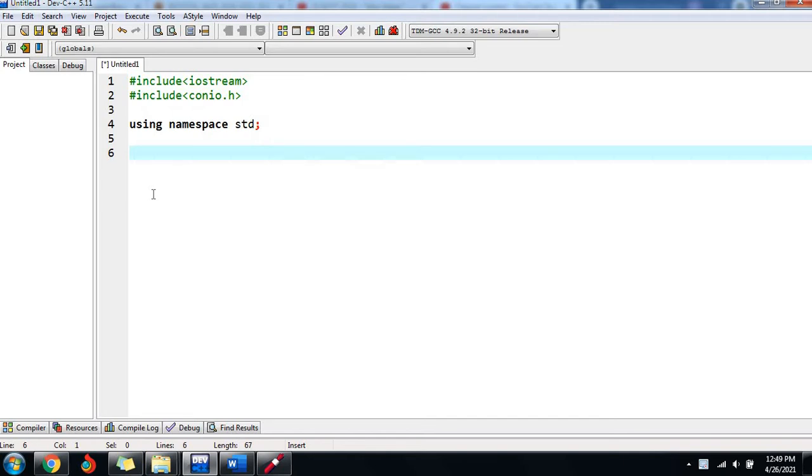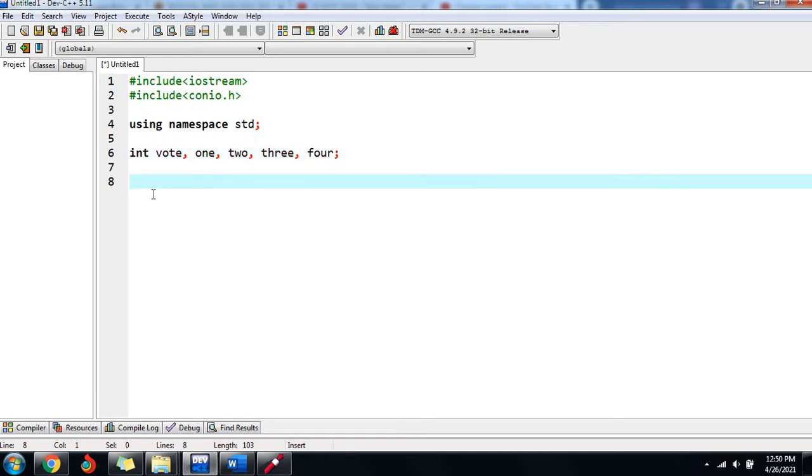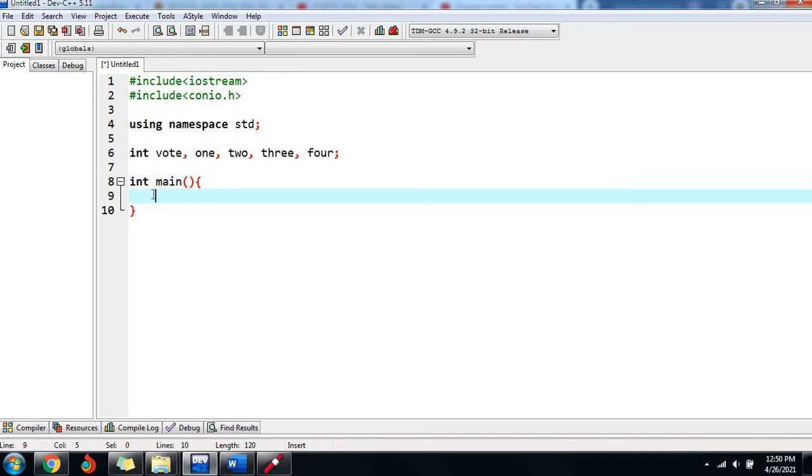And then of course our initialization: you have integer vote. Again you have 1, 2, 3, and then 4 for our variables for counting. Then we have integer main. This will now be our main. So the first thing in our flowchart is we're going to display first